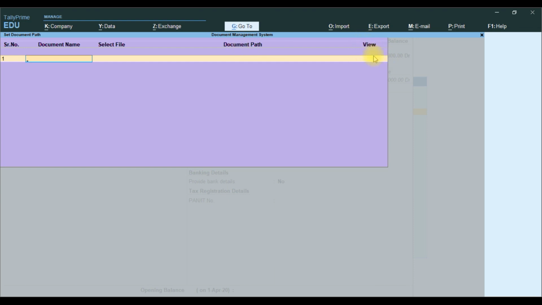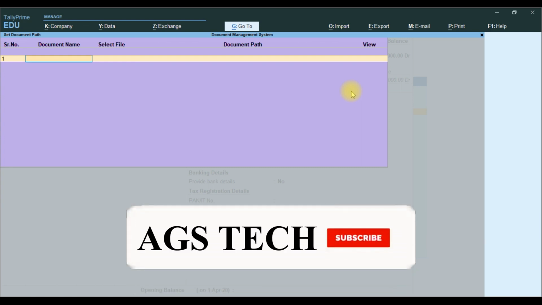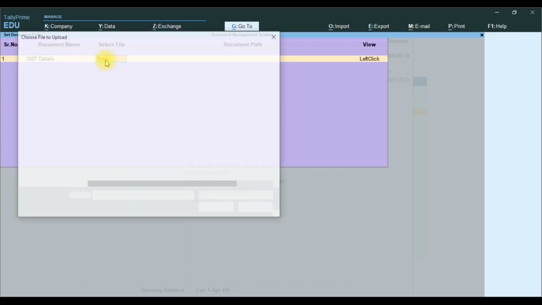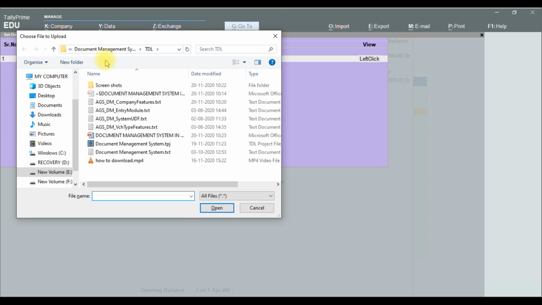View is, if you click the button, it will show our document details. First we attach the document, GST detail. Then select file, we press enter, it will open.